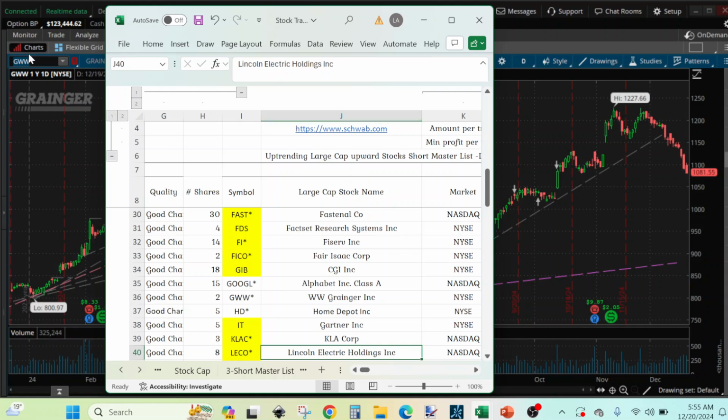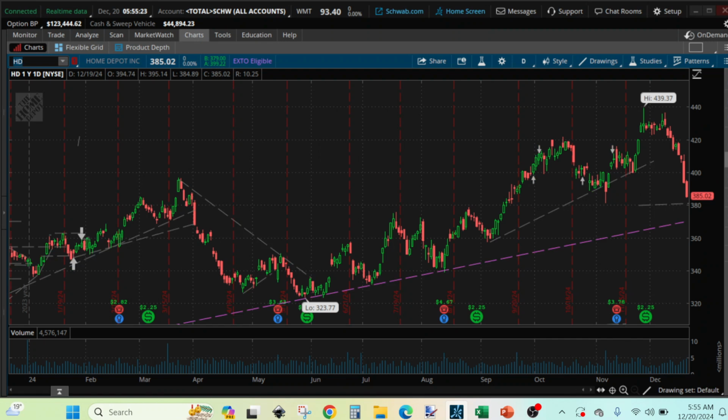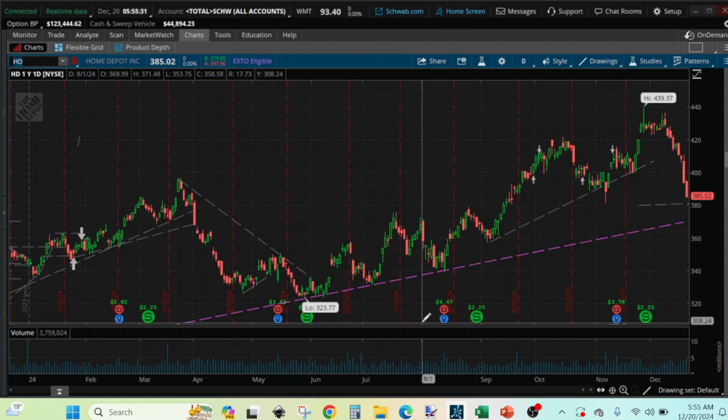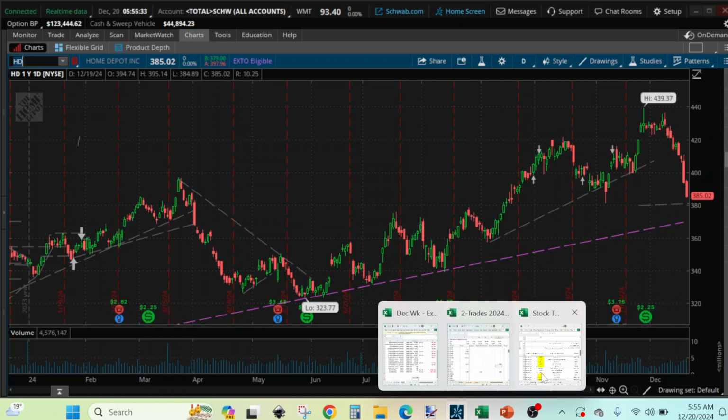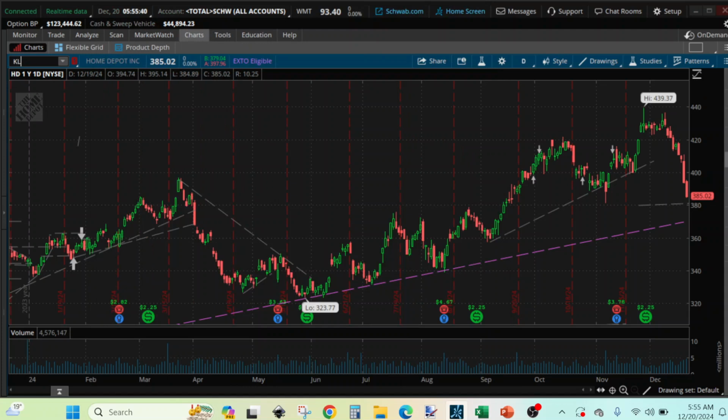So HD is coming close to the line we might buy at, but I believe we take it off the list of the stocks that we like to purchase in 2025. We are working on that list as well, and